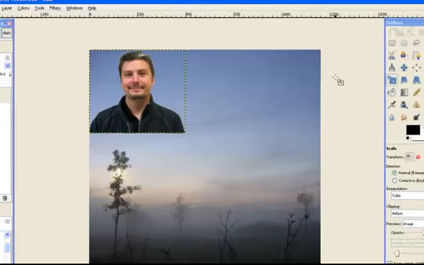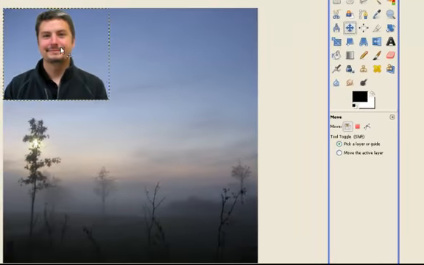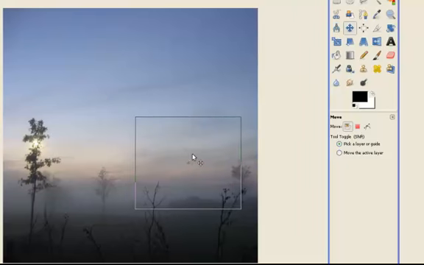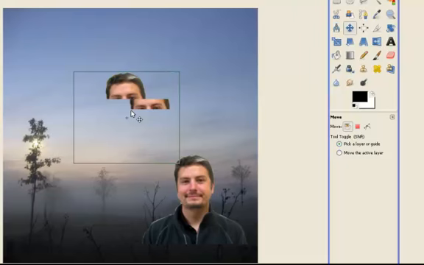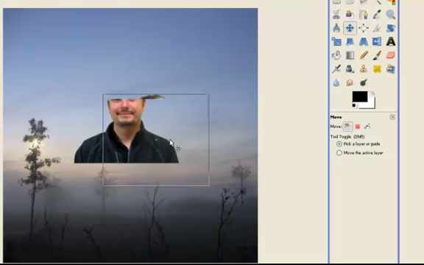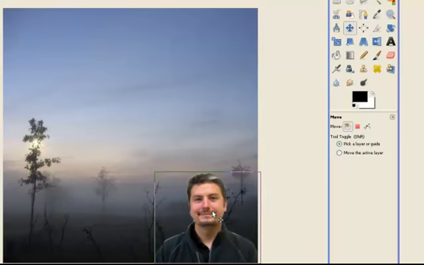I'm going to grab my Move tool, and Move is always signified by these 4 arrows. And I'm going to make sure I click on myself. And to make this look real, I need to put myself down on the bottom of the screen. If I just do this, I'm a floating head. It doesn't make any sense. So I'm going to make sure that I work correctly with what I have. And so I'm going to come down here, put myself in the corner,